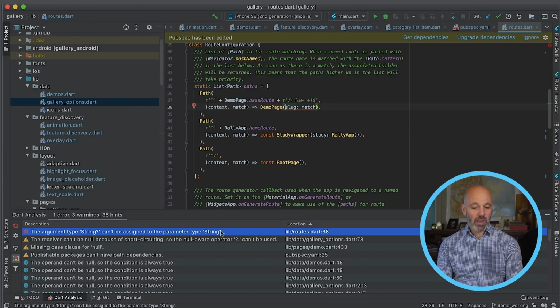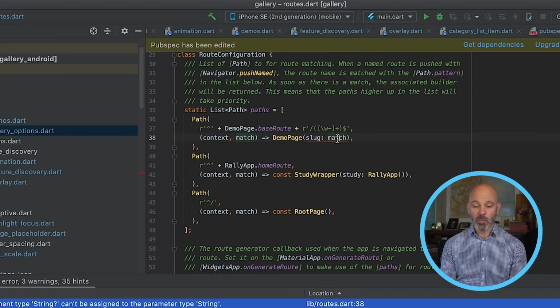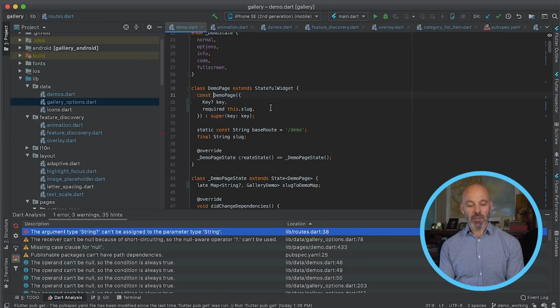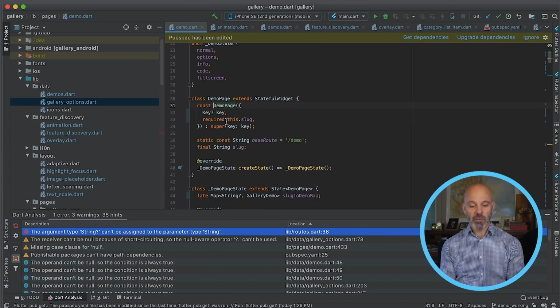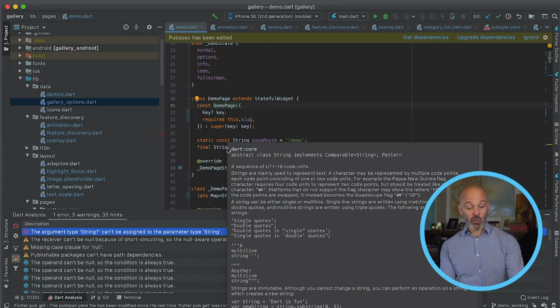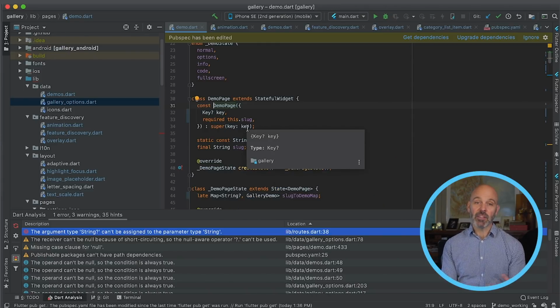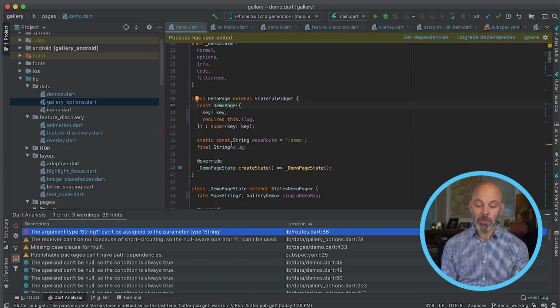So let's see, we only have one error, so let's see how much work is left for us to do if we were running the migration this way. If we go in here, we can see that what it's complaining about is that we have a variable match, and the inferred type of match is String?, and it's being assigned to the parameter of this demo page constructor. And we can see that this demo page constructor, it's a field formal, and it has been migrated to be non-nullable. And yet we are passing a String? as a nullable string. We're passing a nullable value, and that's not allowed. Okay, so this is somewhere where the tool went a little bit off the rails.